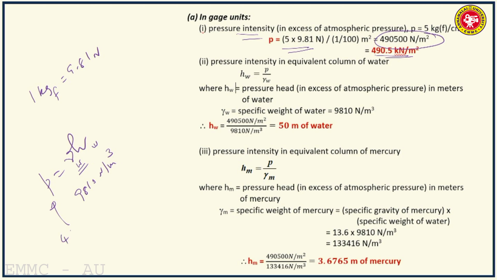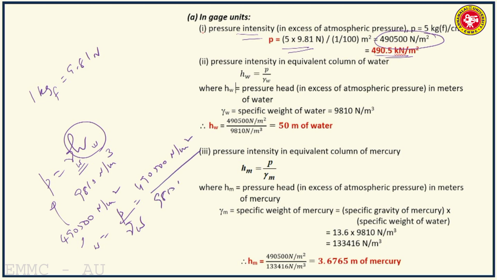I want the equivalent column of water required to exert this amount of pressure. So HW is equal to P by gamma W, that is 490500 Newton per meter square divided by 9810 Newton per meter cube. So you get 50 meters of water. So the equivalent column of water required to exert a pressure of 490500 Newton per meter square is